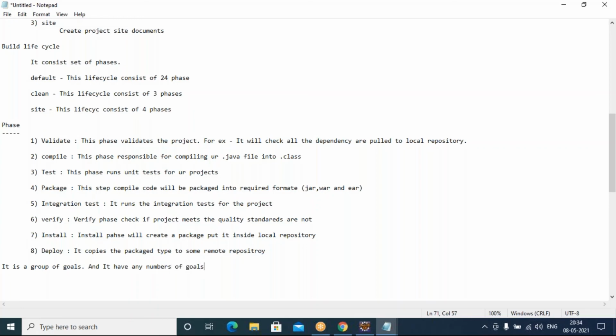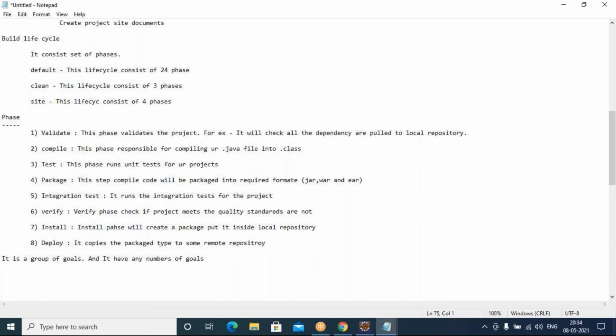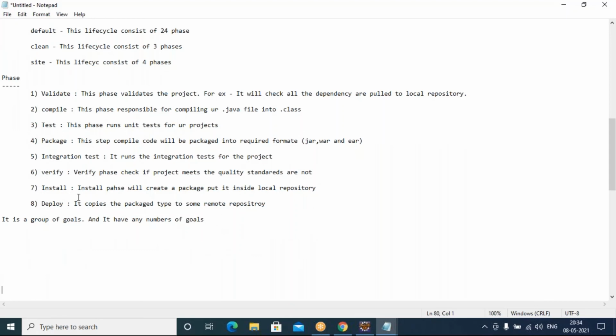We are going to check how to see the goals inside your phase using the command line. So just to understand, each phase will have some goals associated. The validate phase will have internally some goals associated.